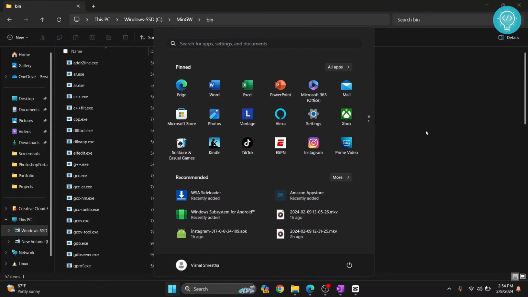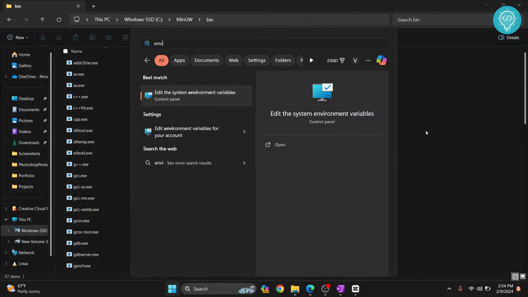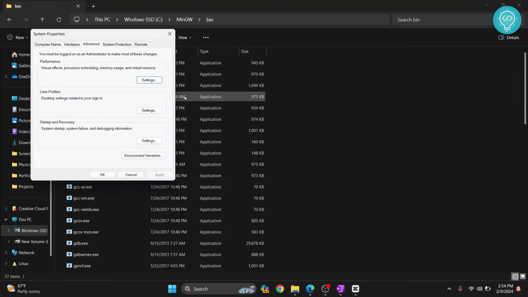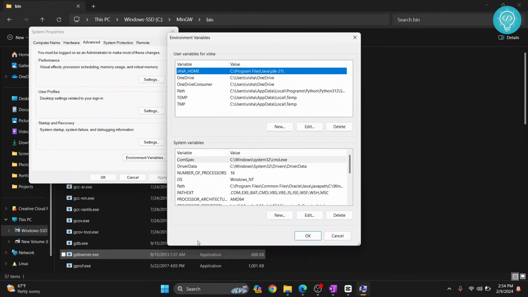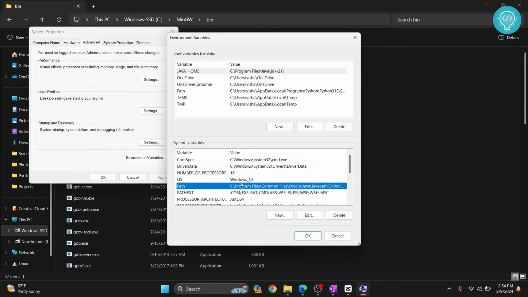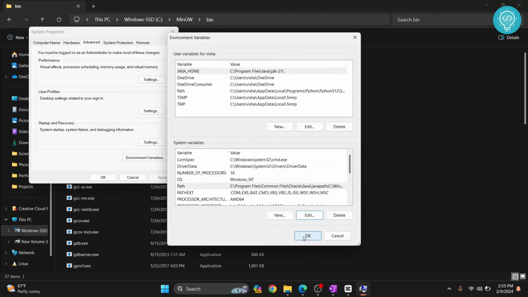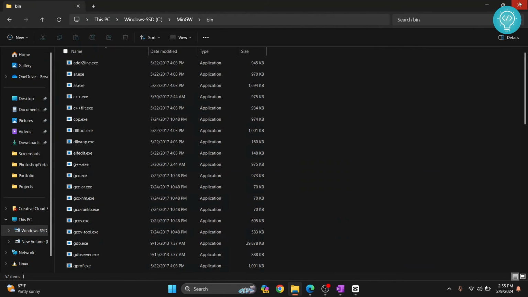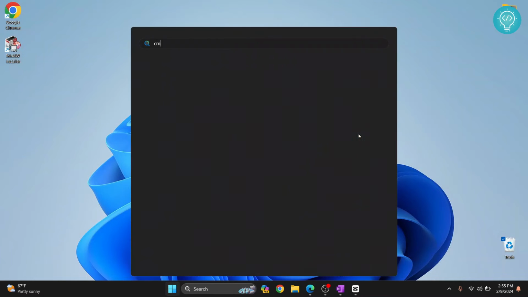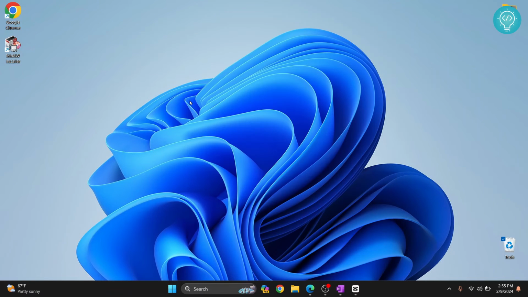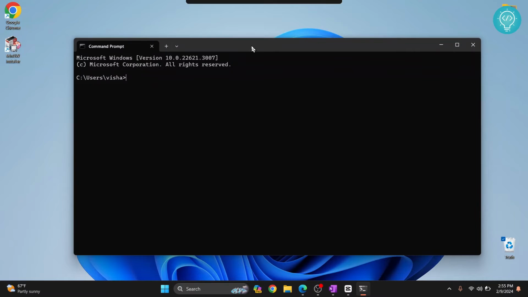Now press your Windows key and search for environment variables. You can type the full thing here, environment variables, and click on this. Click on environment variables, and here click on path and click on edit, and here at the bottom paste what we have just copied. Click OK. Click OK again, click OK, and now we can open terminal or command prompt,